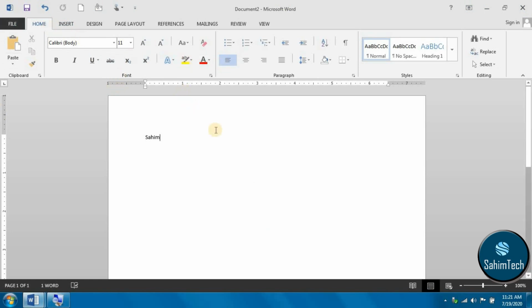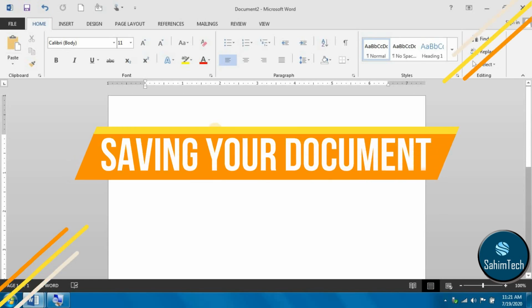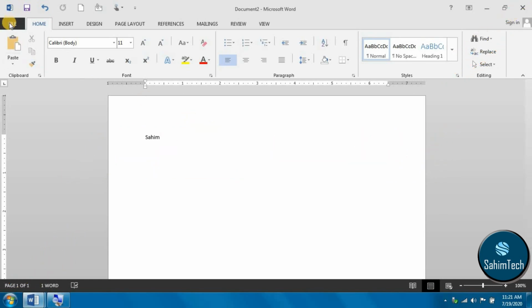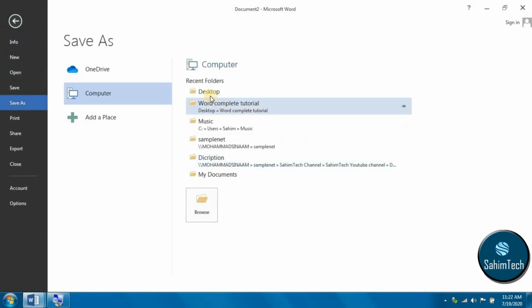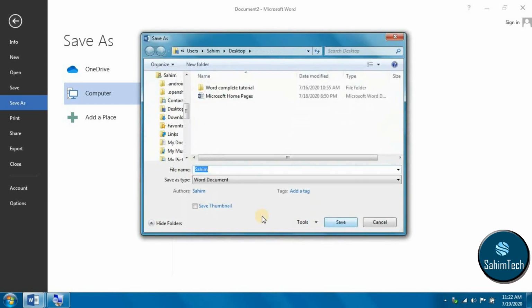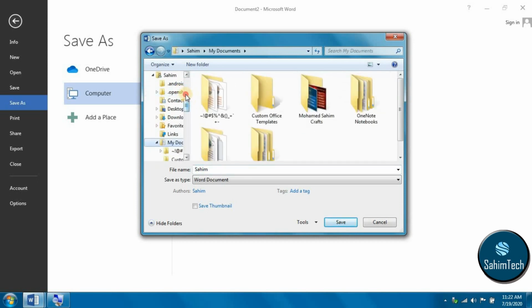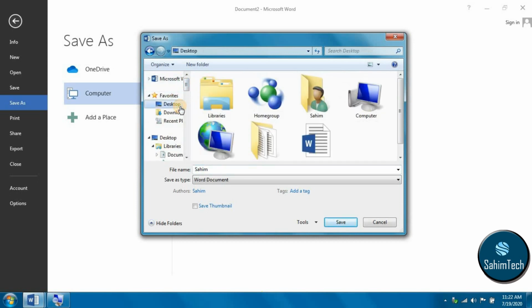So now, how do you save your document? First you click File and then come down to Save As, and then you have to click on the location. Once I want to save it on the desktop, let me select Desktop. Where's Desktop? Scroll up, Desktop. Now I'm saving it as a document. Let me save it as